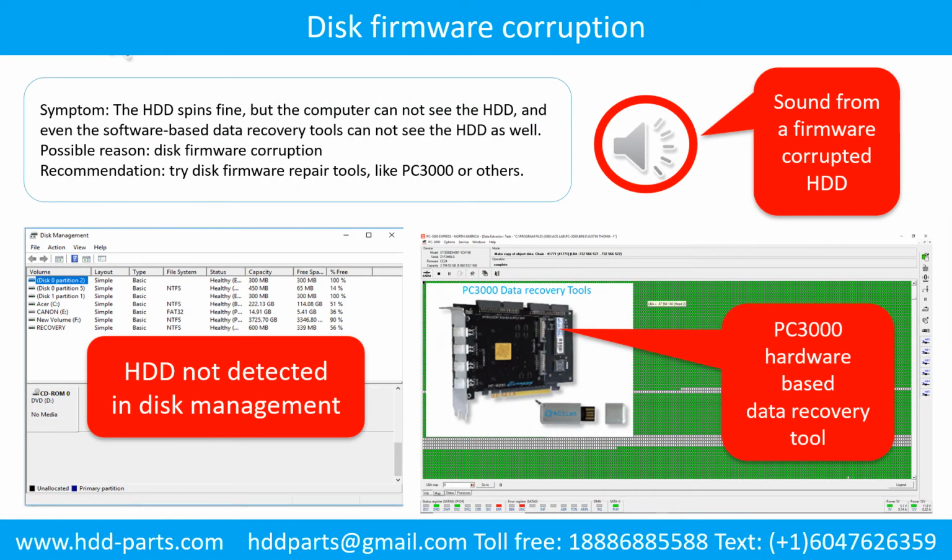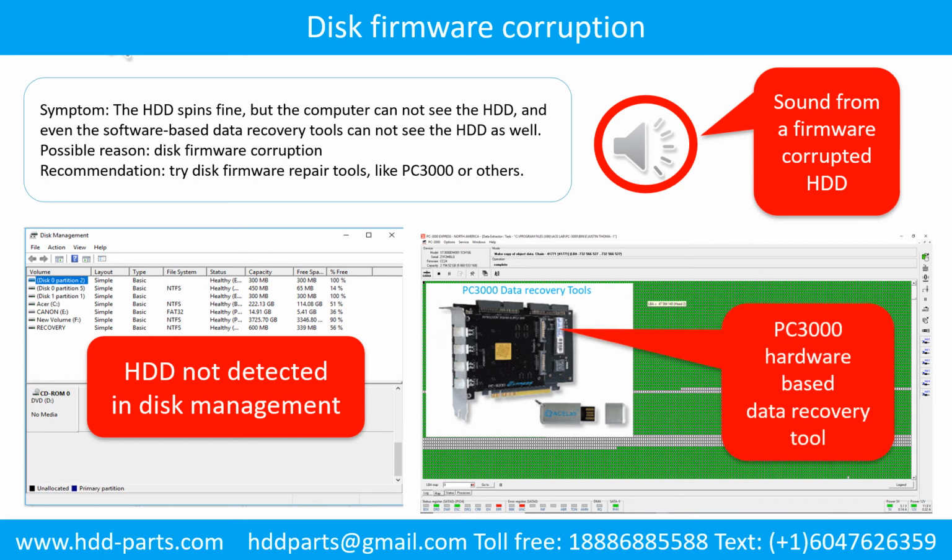Disk firmware corruption. Symptom: the hard drive spins fine, but the computer cannot see the hard drive, and even software-based data recovery tools cannot see the hard drive as well. Possible reason: disk firmware corruption. Recommendation: try disk firmware repair tools like PC3000 or others. The following is the sound